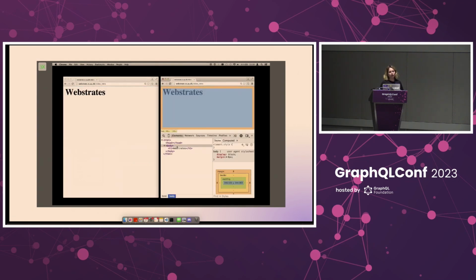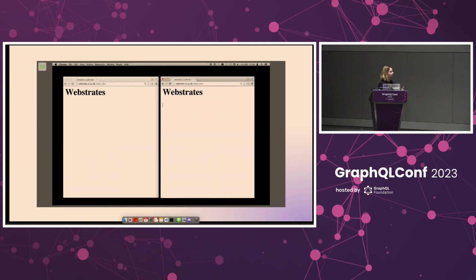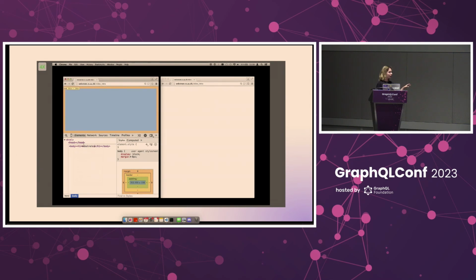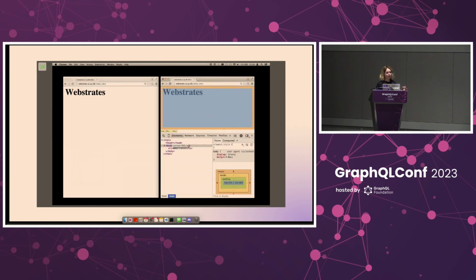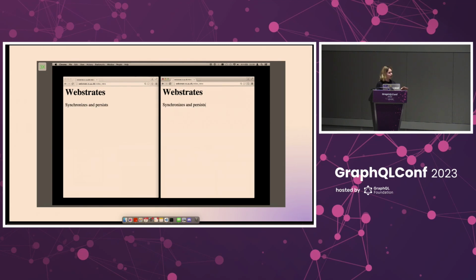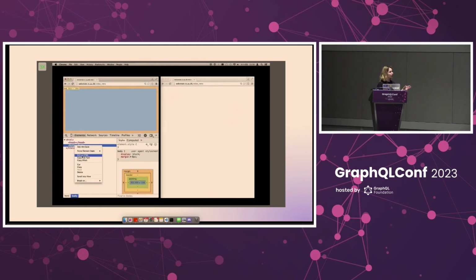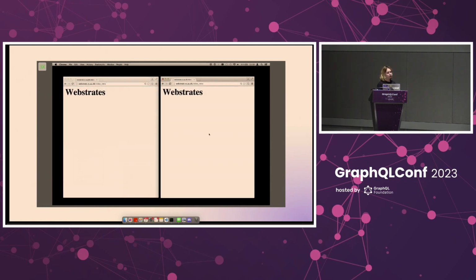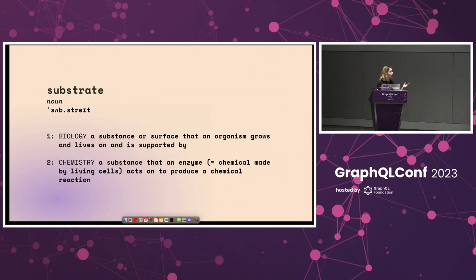Oh, there's also something like WebStrates. It's a web server where the pages are collaboratively editable, and what it means is that all the modifications to the DOM are synchronized on the server. So all the clients that are currently visiting the same web page will get the updates in real time. And I particularly like how they use the word substrate, like WebStrate stands for Web plus Substrate. I think this was quite an interesting idea of creating this space on the internet where users can create